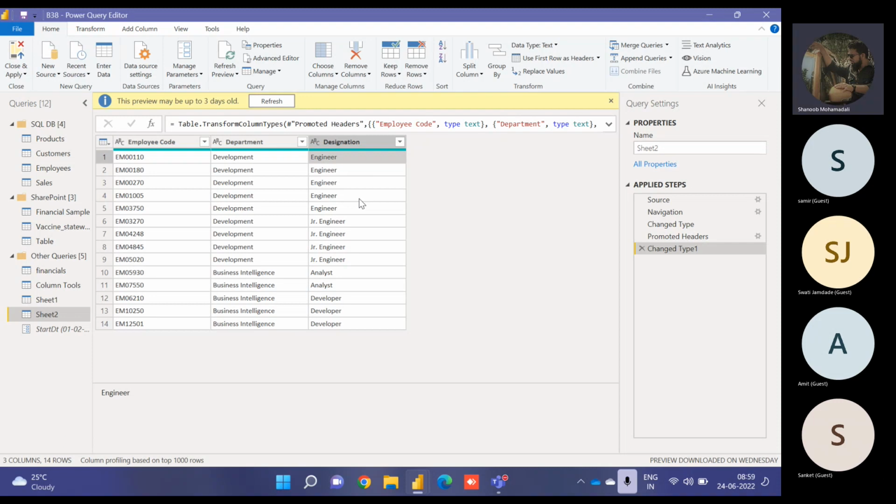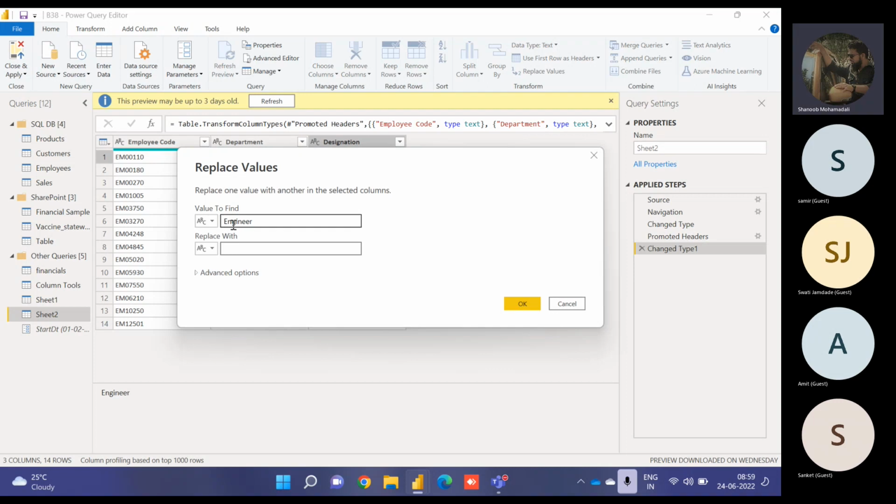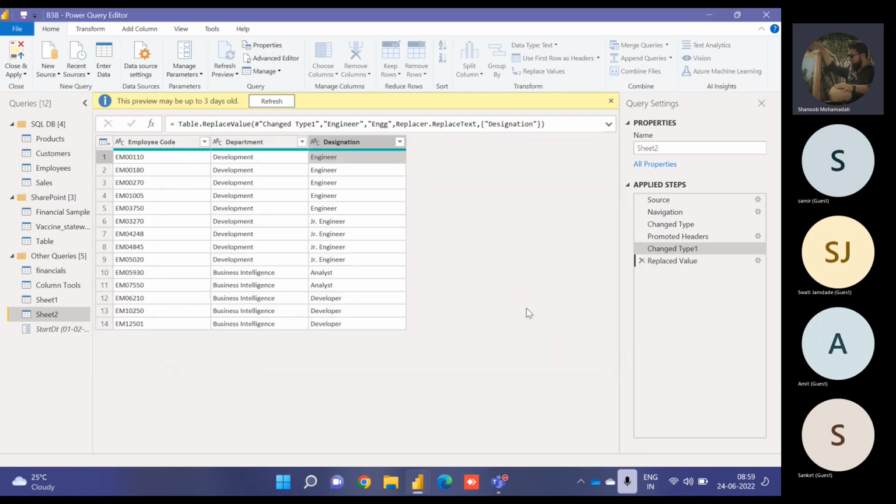I need to cut it down to the short form of engineer. Let's say ENGG is what I need. So if I say replace values, it took the selection that I did. If I just say like this and I hit OK,